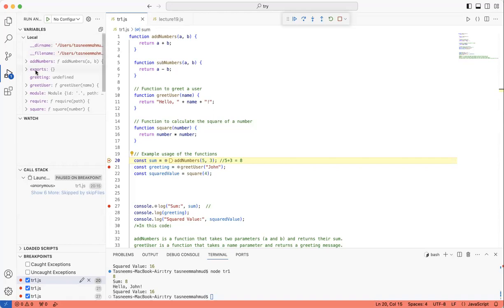Now, this one over here, as you can see, labeled very clearly, it's for the variables. So over here, we can see what the variables of the program are and what those variables hold as values. Right now, you see some as undefined. Why is that? Yes, exactly. I haven't set any values to it.